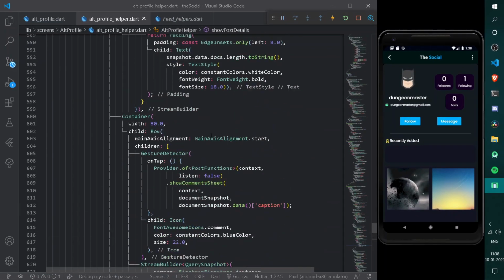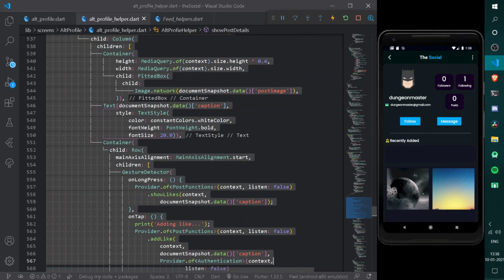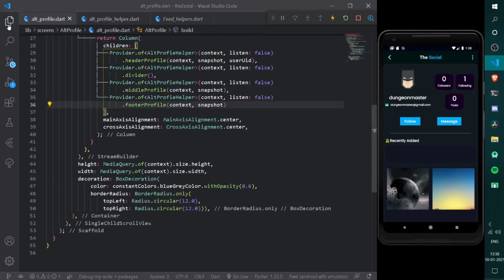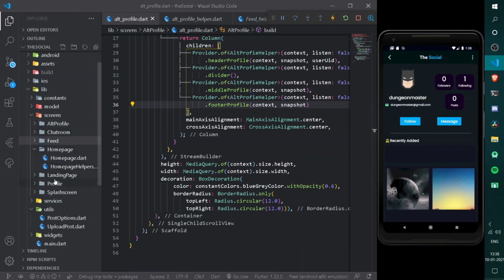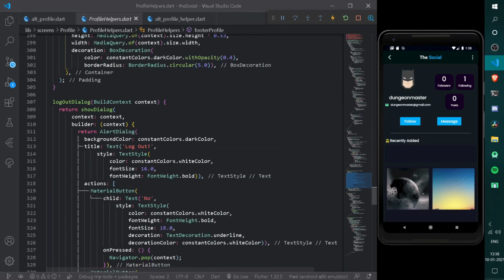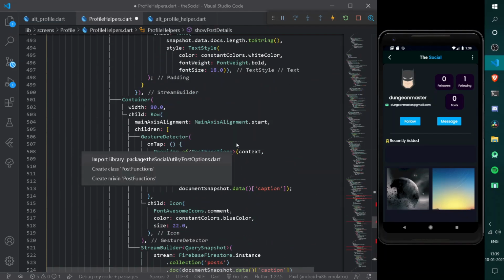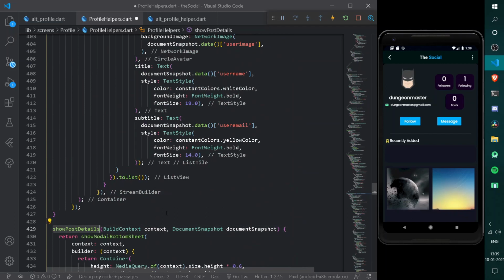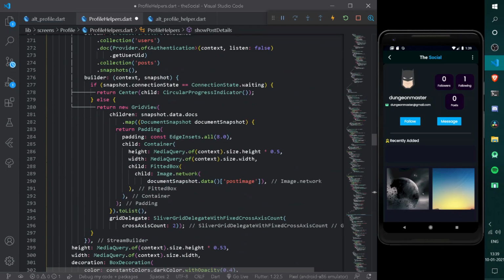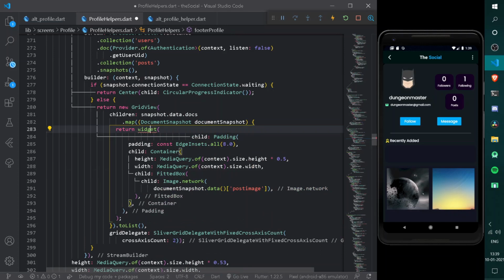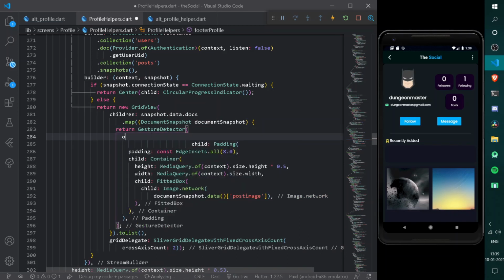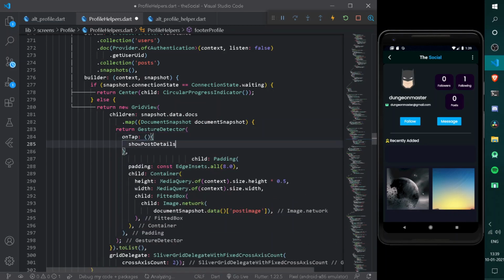Now we can simply do one thing, that is copy the entire show post details, move under our own profile of the user, that is somewhere between here of profile helpers, and let's paste it out here. Cool. Once this is done, let's import everything. Now what I can do is copy the following show post details thing, go somewhere up, convert the following padding into a gesture detector. Let's have an on tap property. Under this on tap, let's paste it, and I have a context as well as a document snapshot. Easy thing. Format document once.